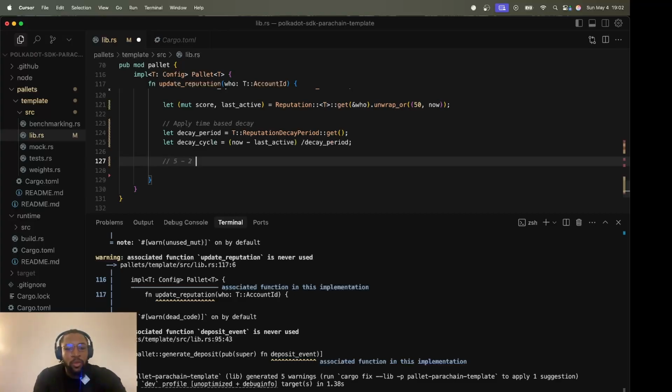So that will give us 3. And let's say the decay period, how many blocks is the user meant to perform an action, or else he would get his reputation slashed.